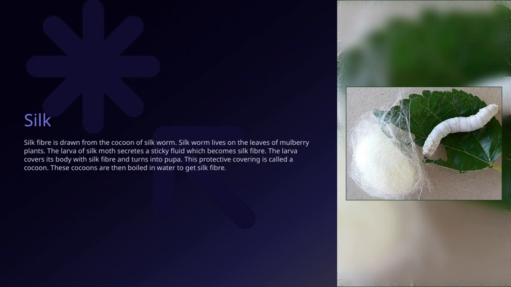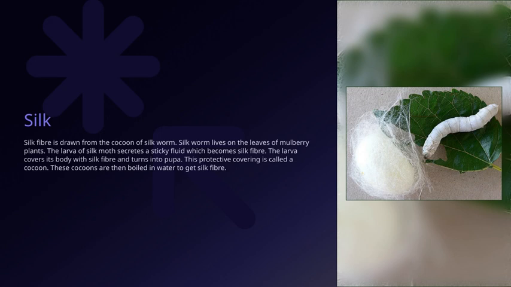As the larva continues to develop, it covers its body with this silk fiber, creating a protective covering called a cocoon. This cocoon acts like a shield, safeguarding the pupa inside as it transforms into an adult moth. Once the cocoon is complete, it is carefully boiled in water. This process softens the silk and allows us to unwind it, extracting the long, continuous fibers that are used to